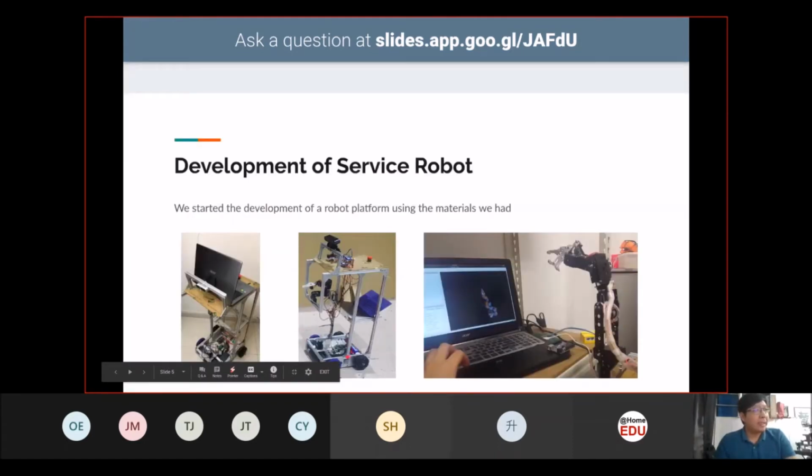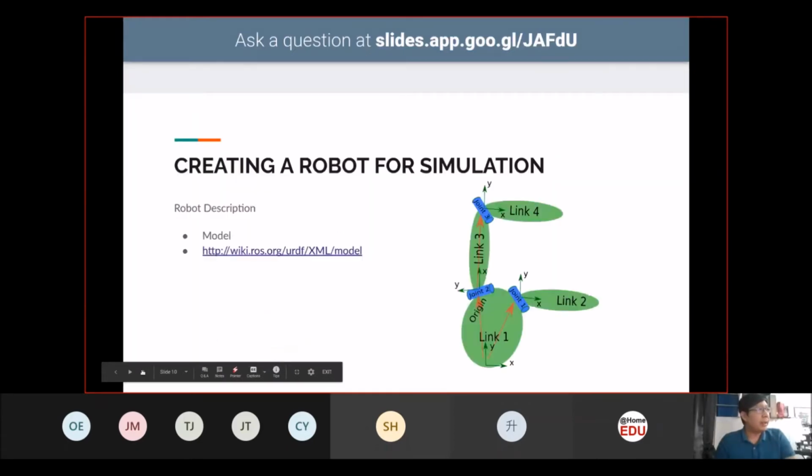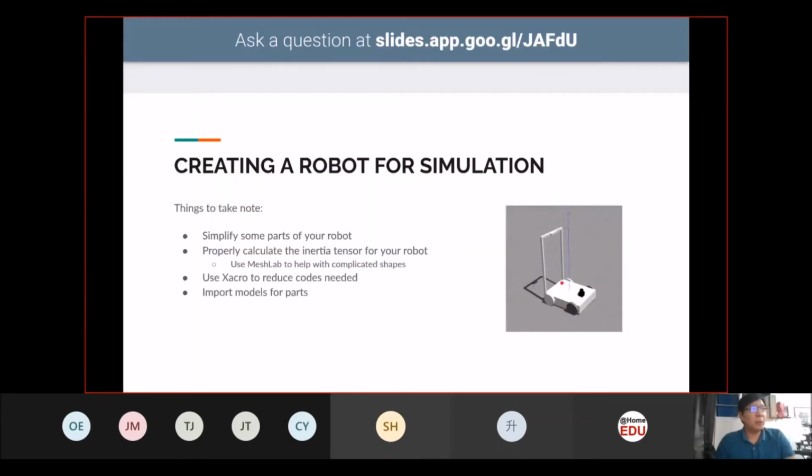Our base over here is actually hollow with quite a number of electronic components and things inside. So when we are working on the simulation, we simplify that part into a rectangular solid base. This will help in simplifying it, as long as you specify the correct inertia tensor for the robot itself.